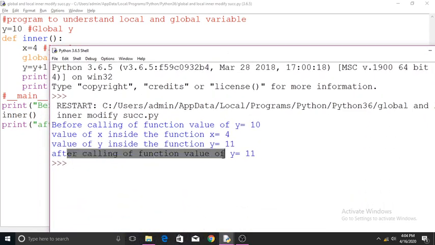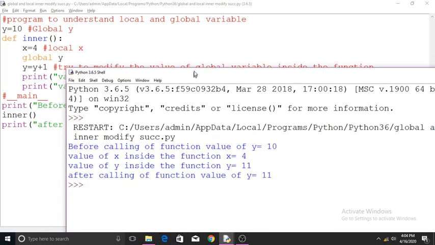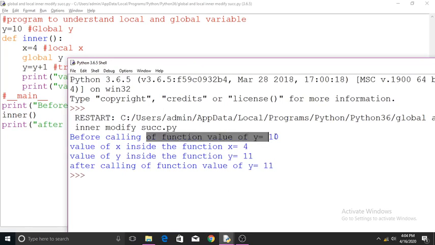After the calling of the function, the value of y is 11. That means the changes made in the function are updated in the global variable also. Before calling this function the value was 10, but after the calling of the function it is 11, so you can make changes to the global variable in this manner.